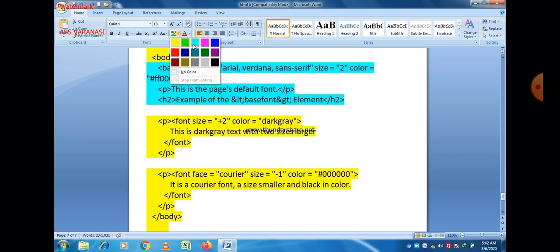So we now have 3 different font styles. First, by default, is marked with a blue color. Second, the paragraph according to the font tag, will appear in a dark gray color, and the third is again marked in a black color.